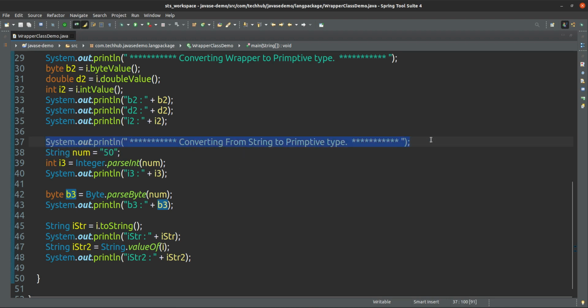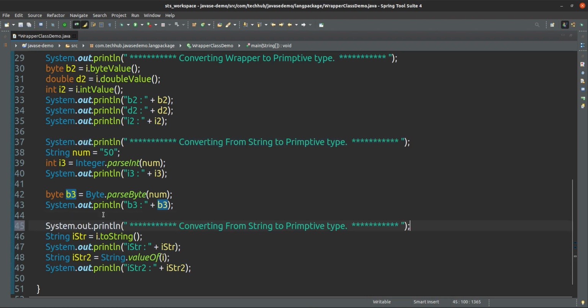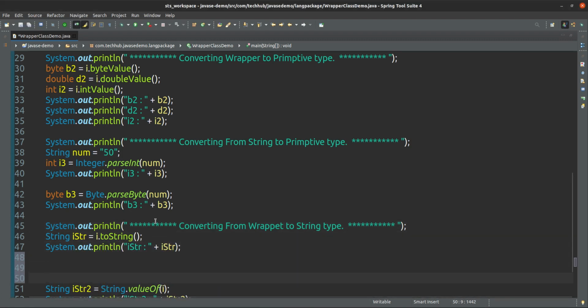And the last one is converting from wrapper to string. It's very easy. How can we do that? Converting from wrapper to string.